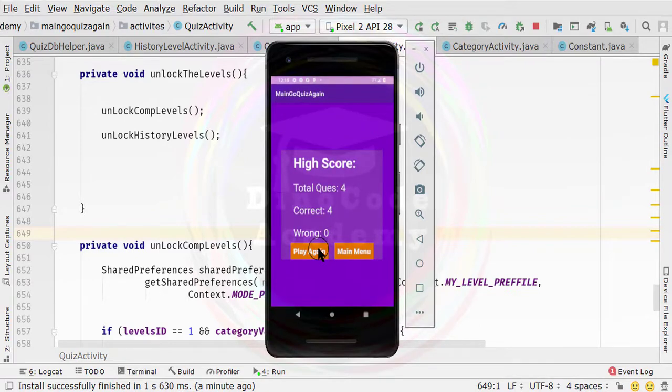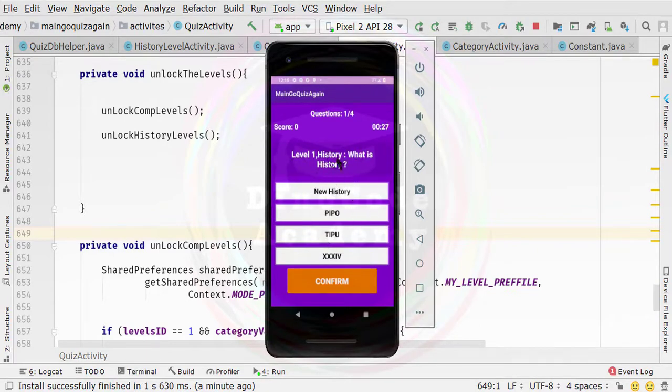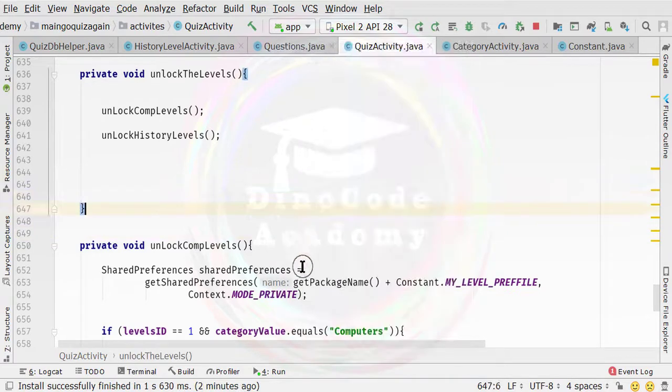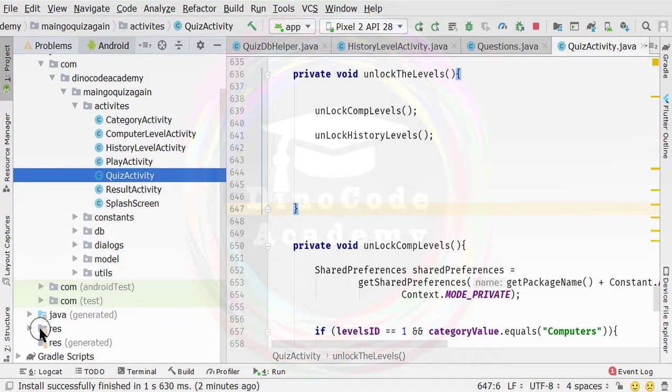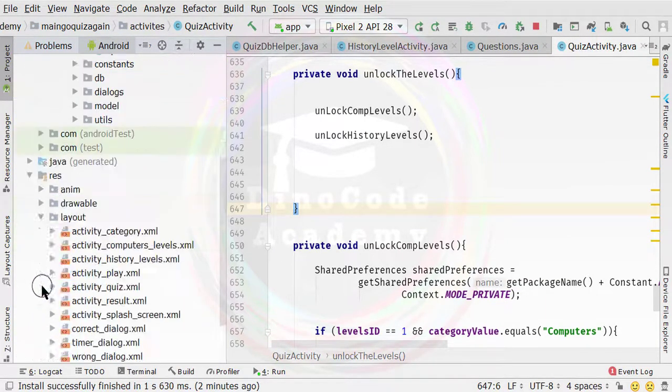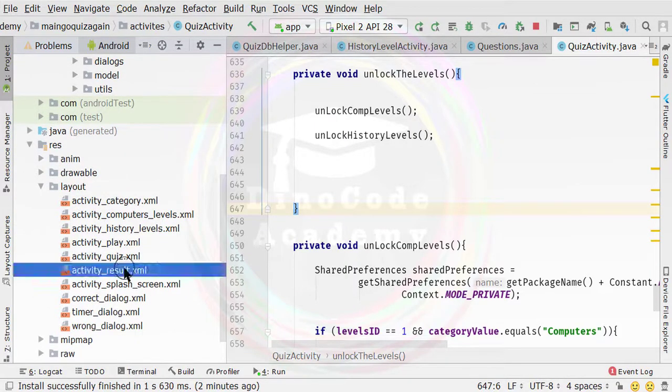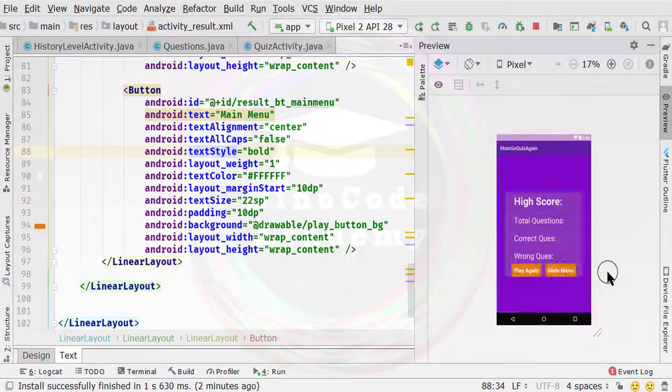If I click on play again, then you can see we are setting the proper quiz. Now guys, our quiz is working properly well. Also our play again functionality works well. The only thing that we need to do, what if the user unlocks the next level, so we want to allow the user inside the result activity to click on a button so that they can directly start the next level quiz. So here we need to add one more button so that the user can directly start the next level quiz, which is the level 2 quiz or maybe the level 3 quiz.